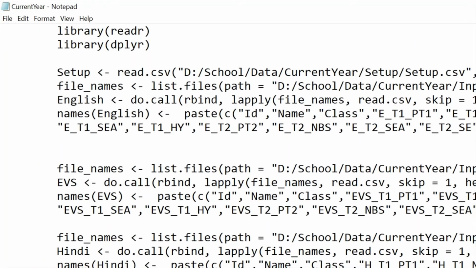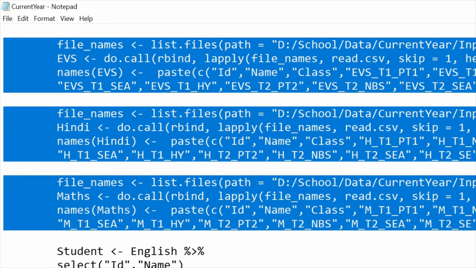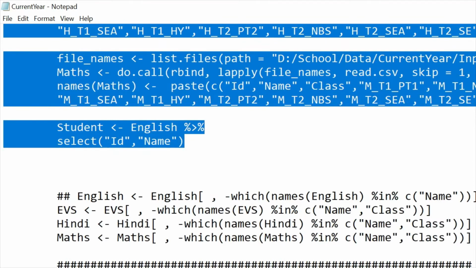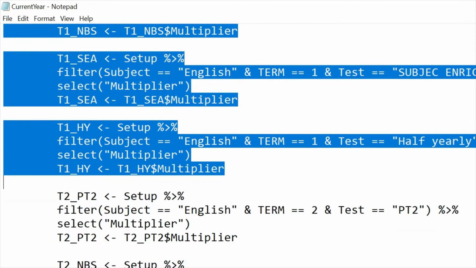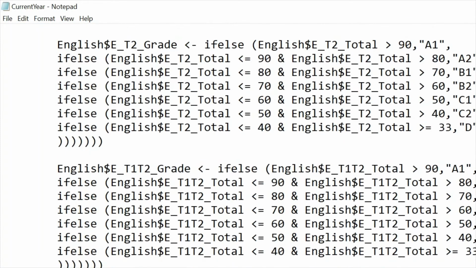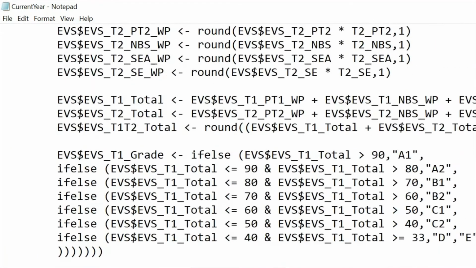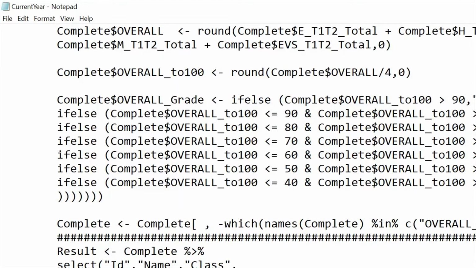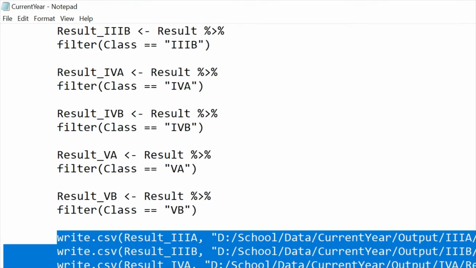So initially, this is the script to load the data into R programming. Once the data is entered into R programming, then all the calculations, cleaning, and merging the data together will be carried out in R programming. Likewise, once it is done, we are going to save the files in a different folder. For example, all these result files will be stored in a different folder that we are going to see later.